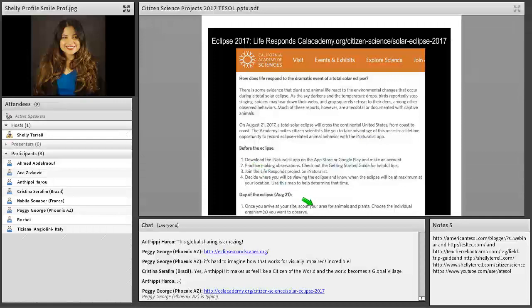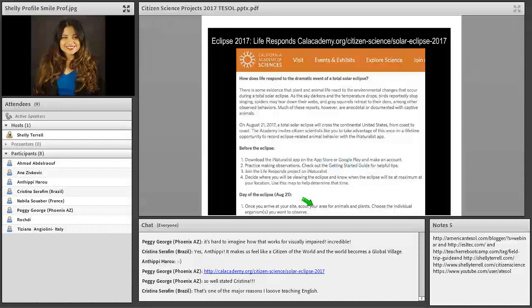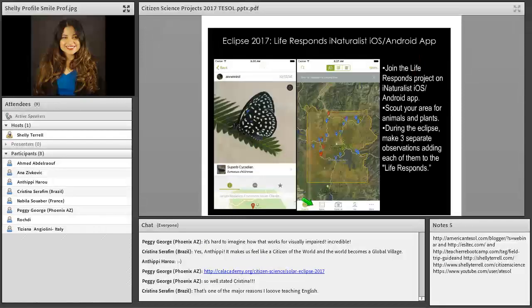You mark on a map the site where you are, and then you're going to document the animals and plants around you. You're going to observe them before, during, and after the solar eclipse, and mark what changes, what happens. You can even do your pets. How does your cat or dog act differently? Or even any of your plants. If you have plants, you can take a picture of them. You can talk about what plant you have, and whether you notice any significant differences when the solar eclipse occurs. And that really helps scientists all over the world to be able to tell whether or not the impact on,